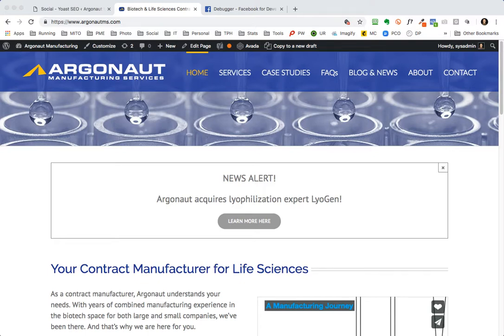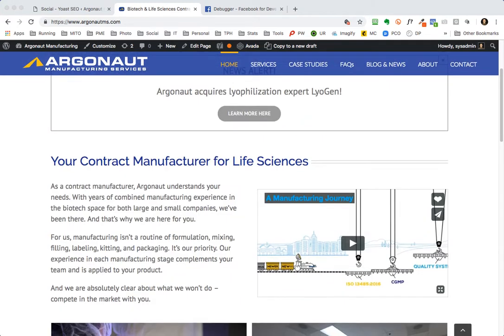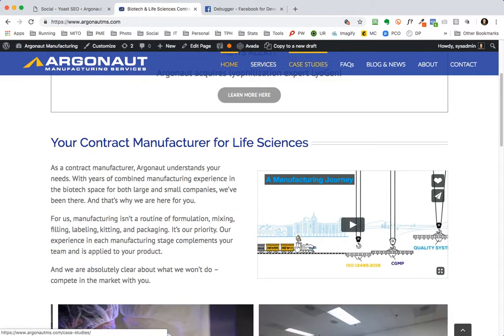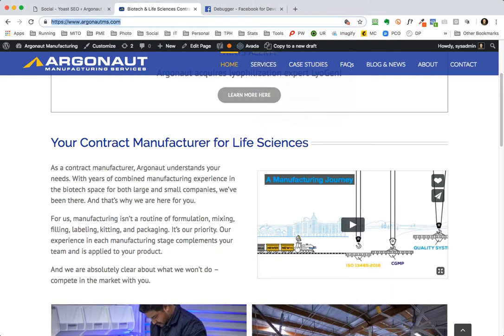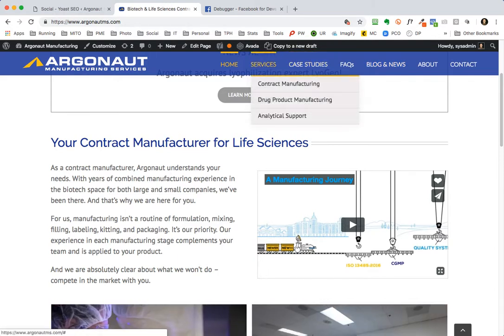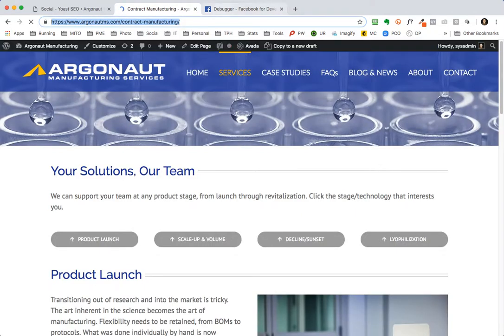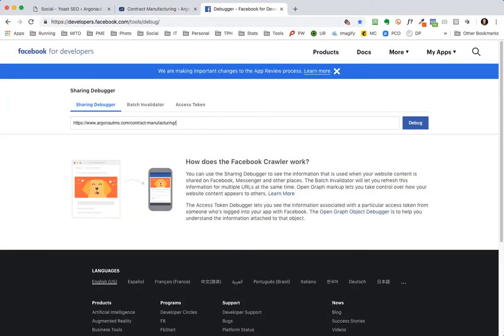Okay, so the issue here is when one of the subpages gets shared on social media, it pulls up whatever random image that you're using. So in this case, they're looking to share one of the new pages. If you come in and you share just a random page besides the home page in Facebook, and this is the